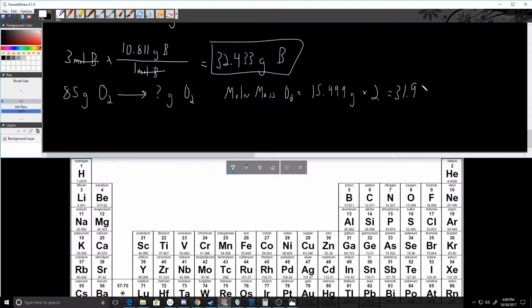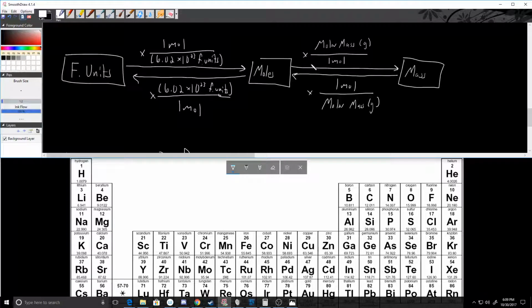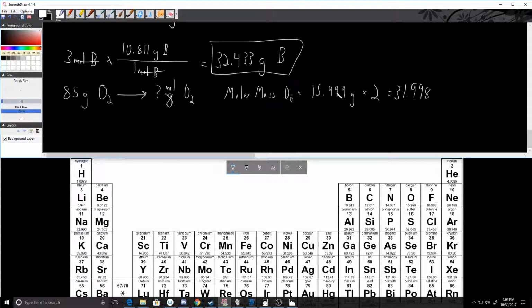I'm going to be honest, you could probably get away with just rounding this one, but let's just try it out. And our question is not grams. We want to know how many moles of oxygen that is. So I know at some point, doesn't matter which way I'm going, whether from moles to mass or mass to moles, I need the molar mass. In this case, first step, write down what you know: 85 grams of O2 times my conversion. If I'm starting with grams of O2, I want to end with moles of O2. I need to put 1 mole of O2 up top. And we figured out the molar mass of O2 was